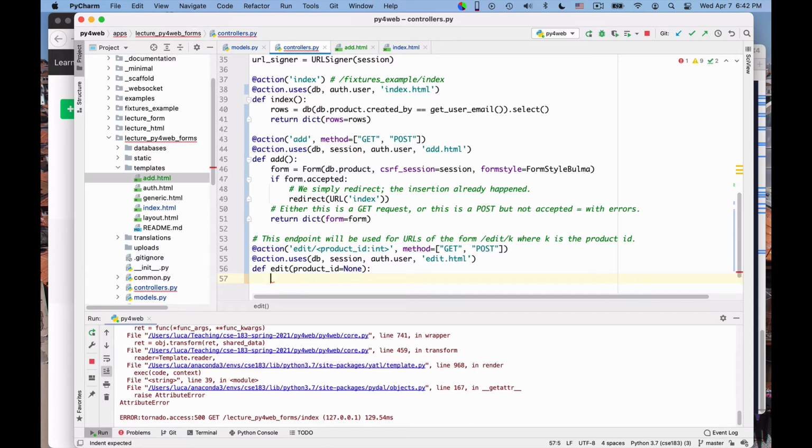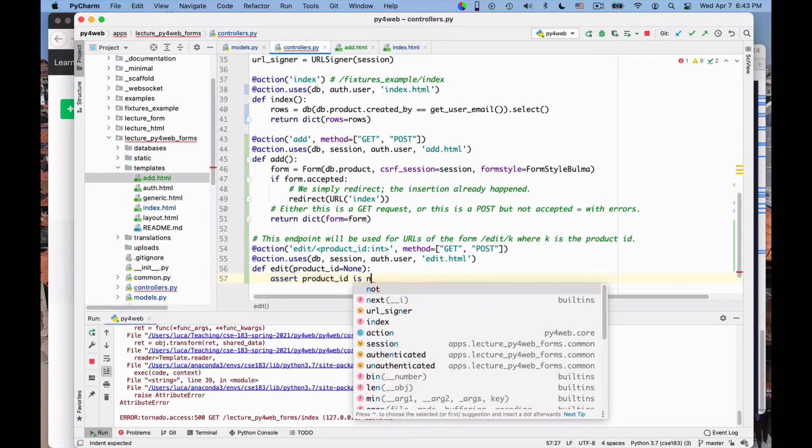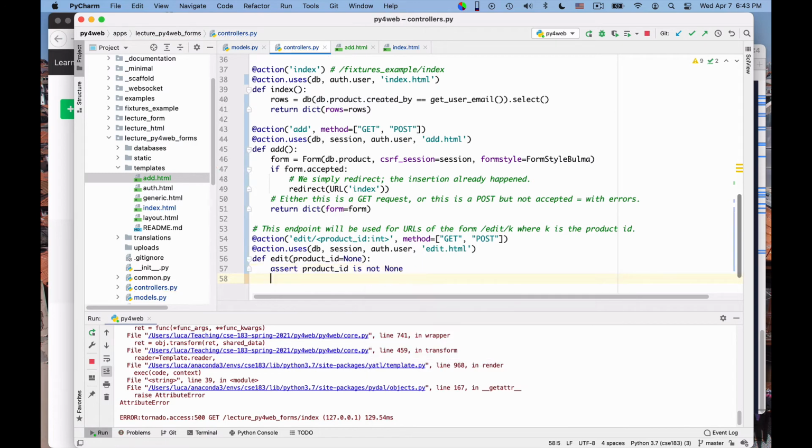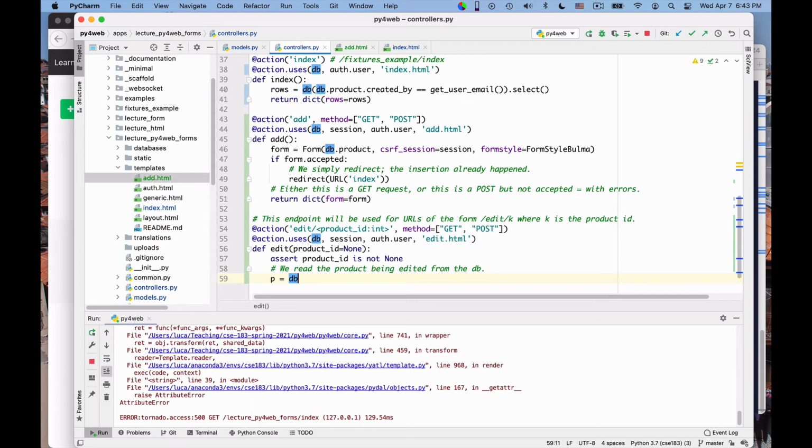So I can in fact say here, if I like, assert product ID is not none, because I really don't want to edit a no product. I want to be able to read it, so I want to read it from the database. We read the product being edited from the DB. Okay, so I say P is equal to DB product.